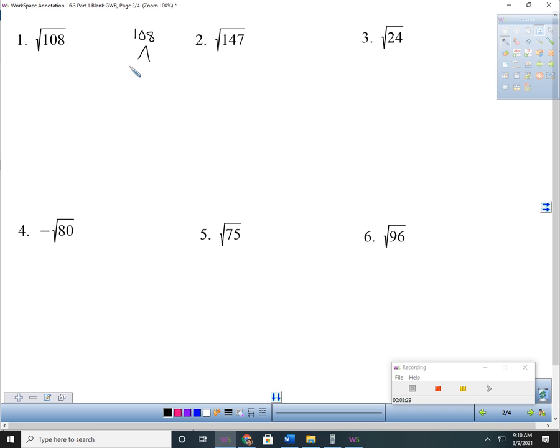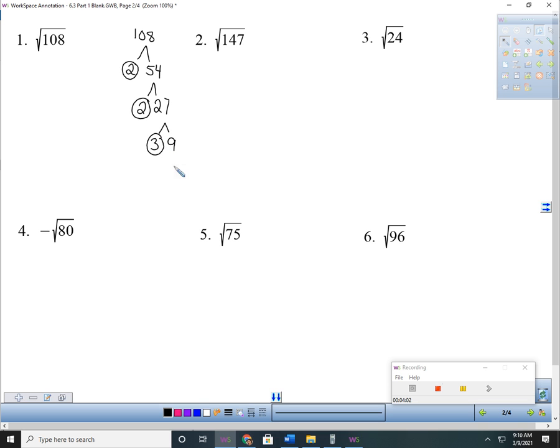So 108, that is even. If it's even, I always just divide it by 2. So 108 would be 2 times 54, right? And then we circle the prime numbers, right? 2's a prime number. And then 54, that's even, so it'll divide by 2. 2 and 27. So 2 is a prime number. And 27 does not divide by 2, but it divides by 3. So 3 times 9,